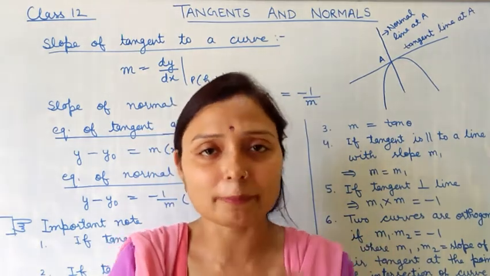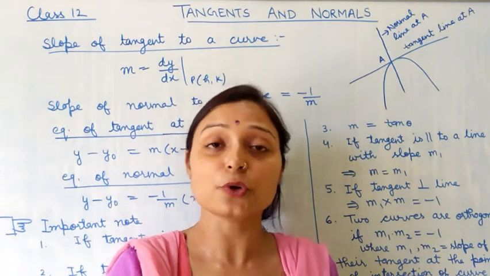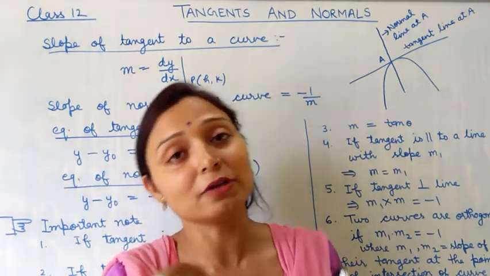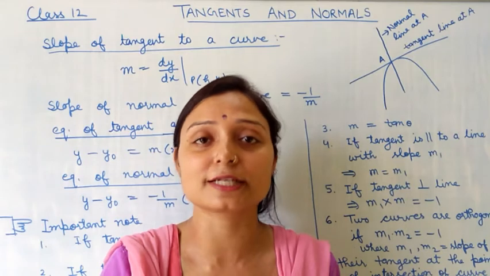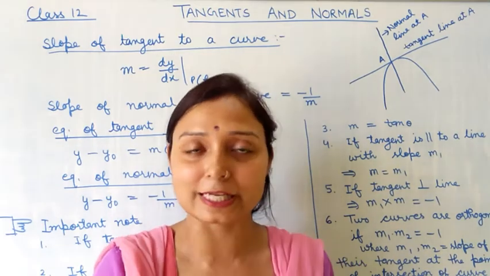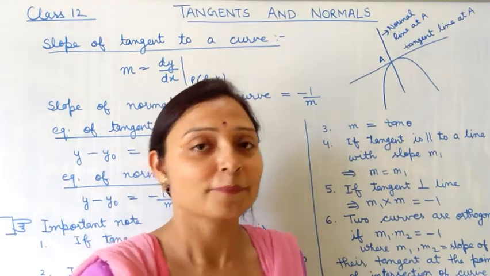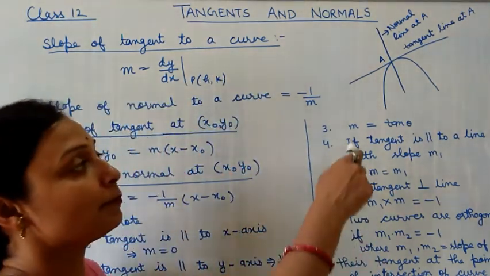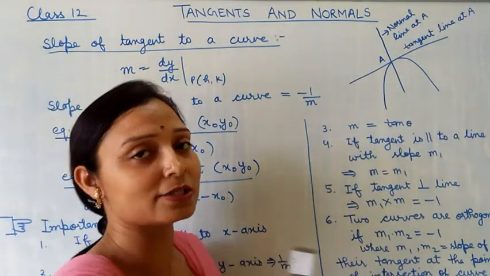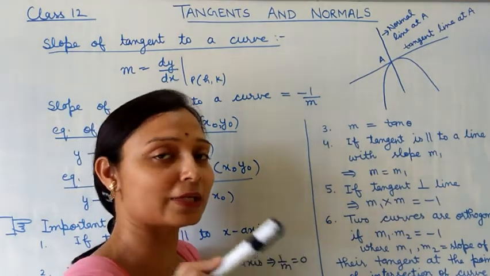Actually, it's a small part you all have done in class 11th in the straight line, in which you have learnt about the equation of tangent and normals. So I will repeat again the basic concept related to tangent and normal, and after that I will start the exercise. Okay, now what is tangent? Graphically, for every curve there is a line that touches the curve, that is known as the tangent.